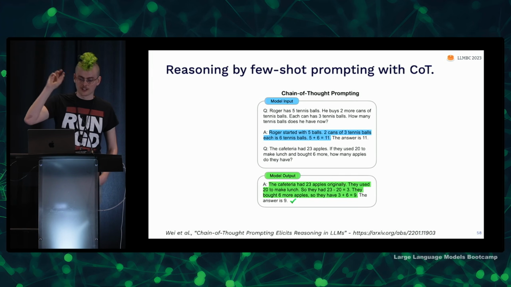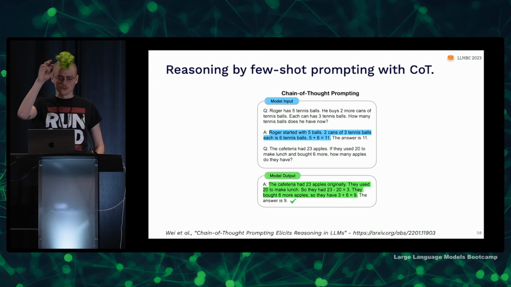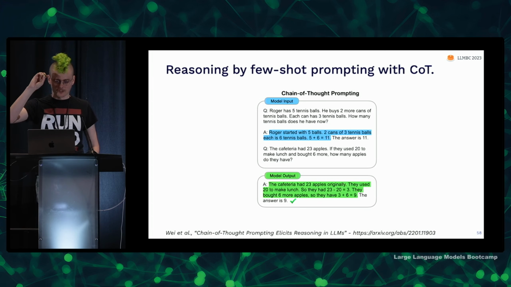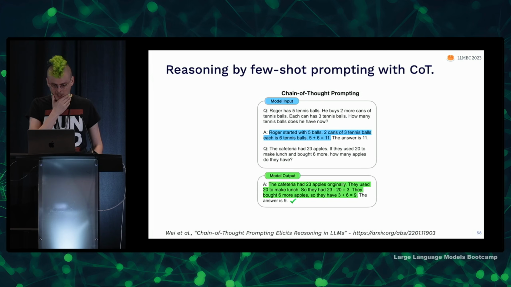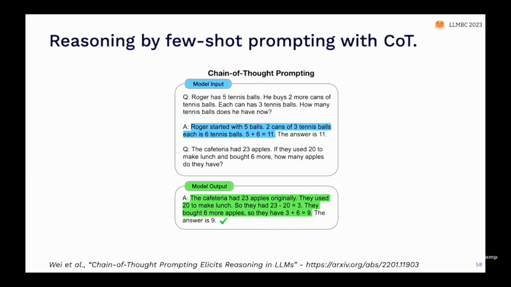And in the examples that you put in the model's prompt, you write out the reasoning that's highlighted in blue. So rather than just directly answering Roger has 5 tennis balls, he buys 2 more, each can has 3, how many does he have now? Instead of just directly writing 11, you write out a little trace of reasoning of how you would get there. You show your work. And so by putting this in the prompt, you're not teaching the model to reason here, to be clear. You're just showing it that it's in the type of document where there are explanations before answers.